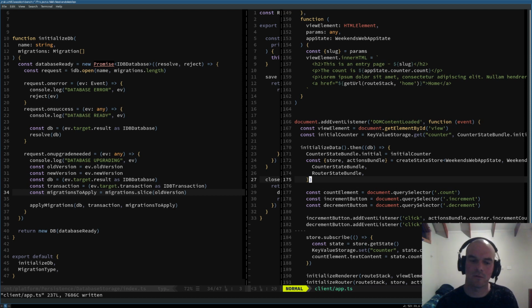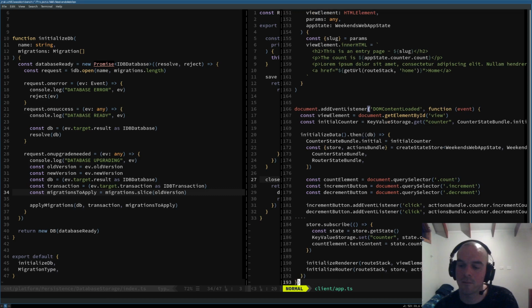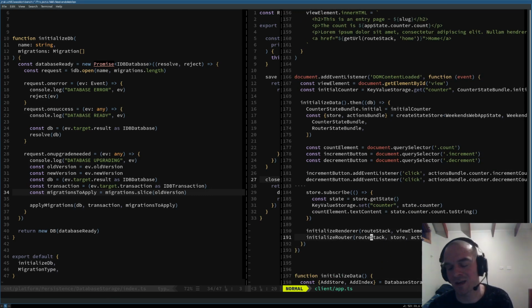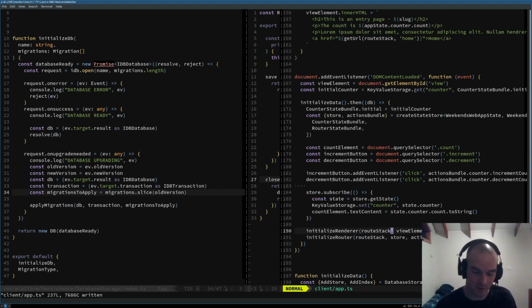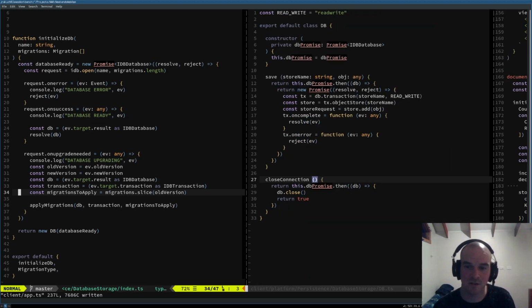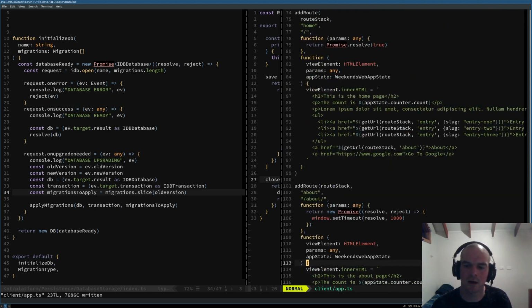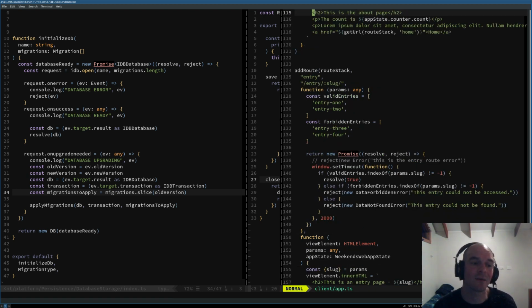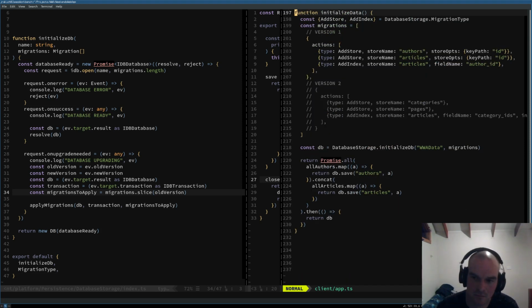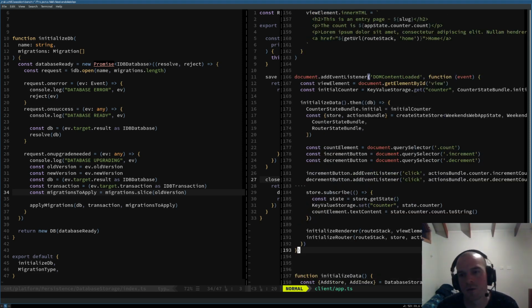Now we need to provide that database somewhere, somehow. So I need to think of a decent way to pass that in. And I don't really have a decent answer for that just yet. But what I'm thinking of doing is pushing that through to the router for now, just so that we can make use of it inside these little pre-render functions, because we'll need some things on hand,